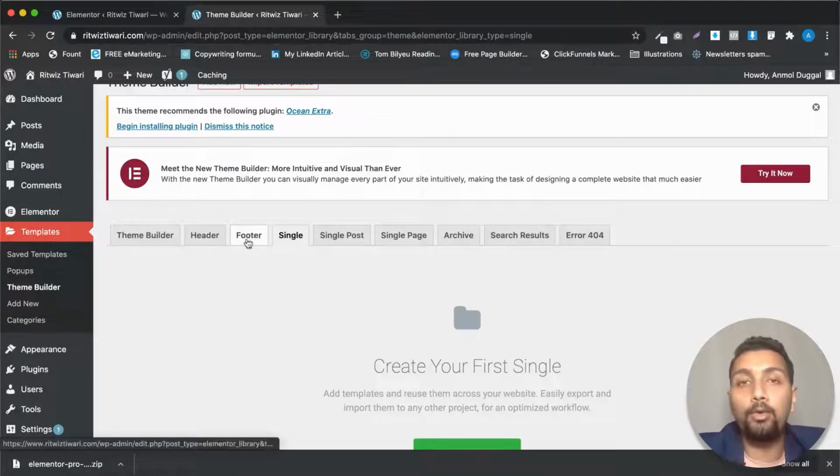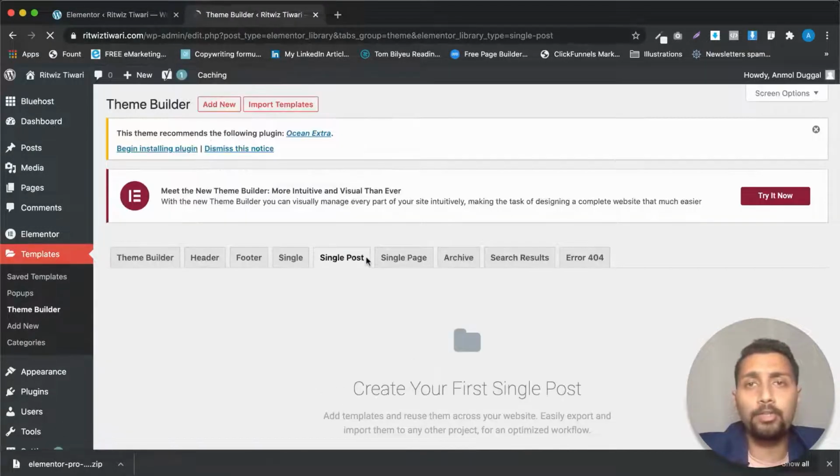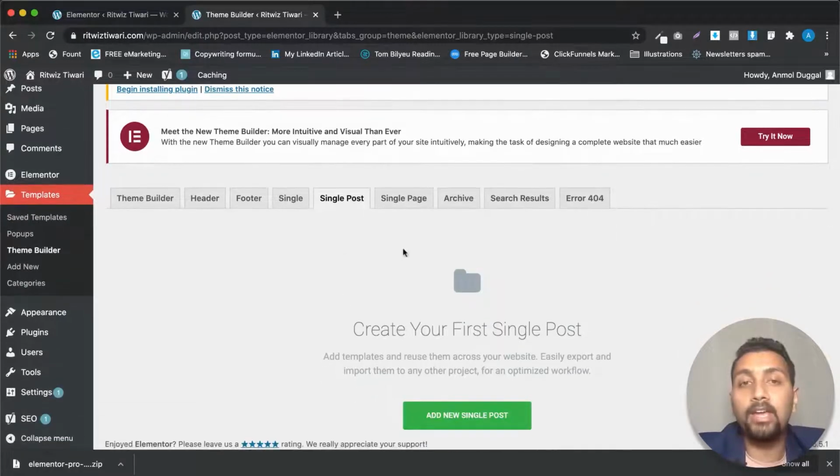And similarly, header and footer are going to be the same on all the pages of the website, so you just have to design them once here in Elementor. Then we have the single post. Single post is the blog post design, right? Every blog post will look similar in some manner. You actually saw that as well when we were customizing our theme. So you can create a unique blog post design, no matter which theme you are using, in Elementor, and that design will come here.